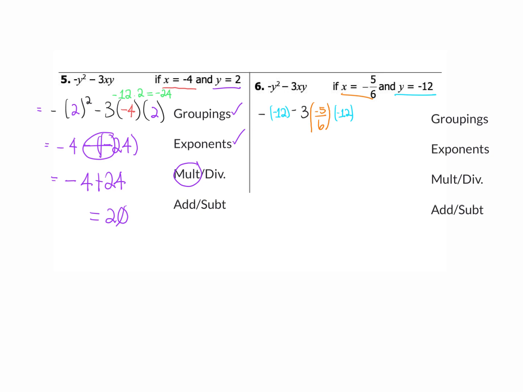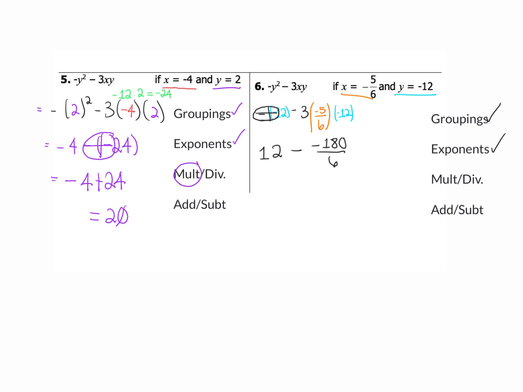So it looks like we don't have any groups or exponents. It looks like we're really just multiplying or dividing. So number one, we have multiplication right here at the very front. We have this double negative, so this becomes 12 minus. Now I have -12 here, and that's going to be times this 3, and then times 5. So this is 36, and then times another 5 is going to be 150 plus 30, so that's -180